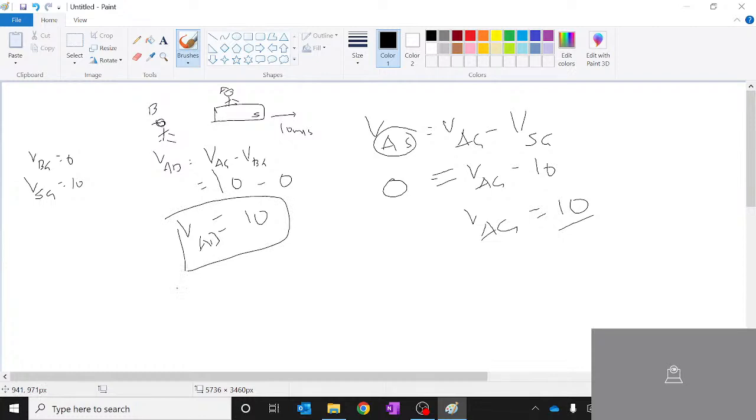Similarly, if I ask you what is velocity of S with respect to B, it will also be 10. Why? Because the frame of reference of A and S are the same. Okay, understood? Now to slightly complicate this,